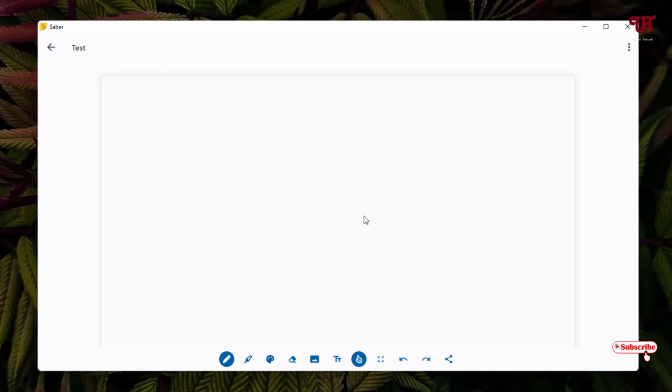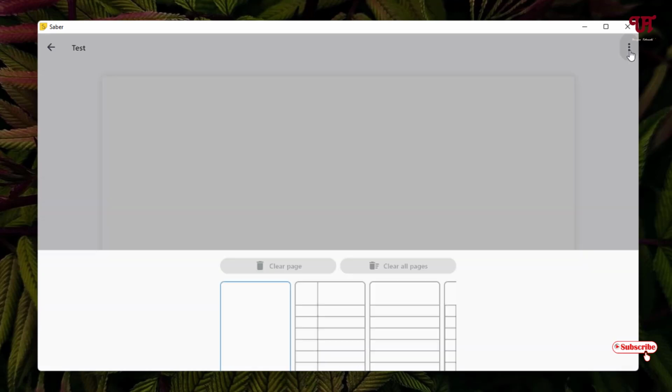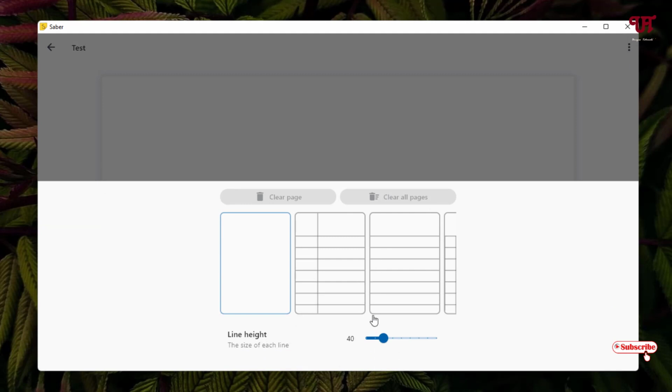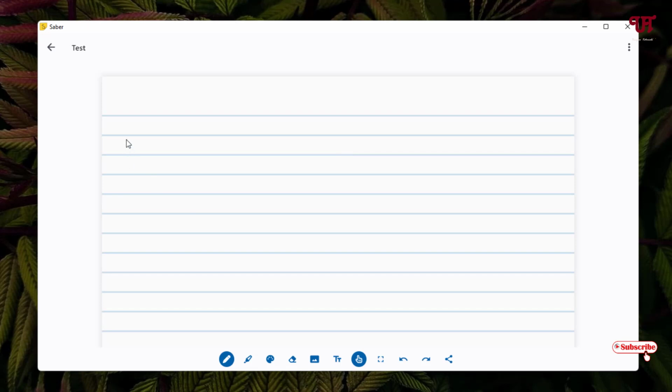So here you can create multiple handwriting notes by creating different pages also, and you can see on the right top corner 3 dot icons. Just click on it, and now you can change the looks of your pages. You can select this 2 lines, this kind of layouts, or this kind of layouts. There are tons of layouts here. Right now you can see different layouts available for you. So let us select this layout, and even you can change the line height also, right now it is 40, and now you can start writing here,